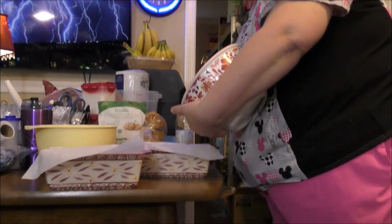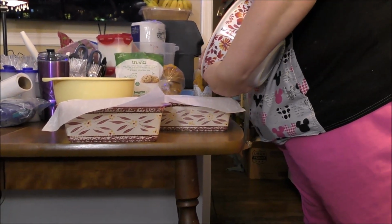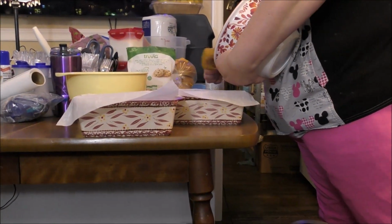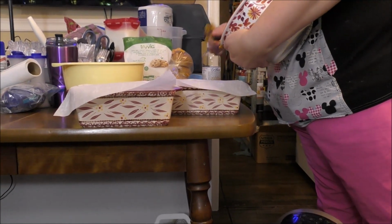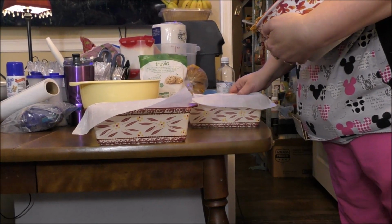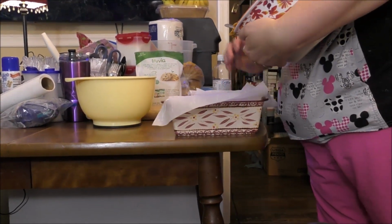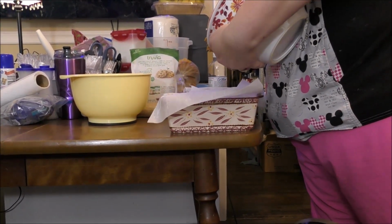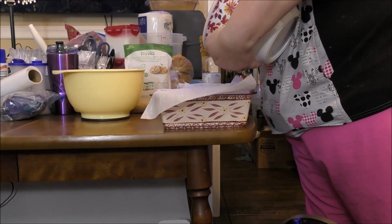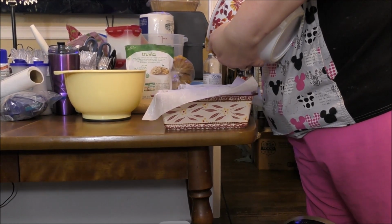Okay, here we go. She's pouring half in one. It's nice and thick, like bread. She's gonna divide it. Yep. Half in one loaf pan, half in the other, and then we'll